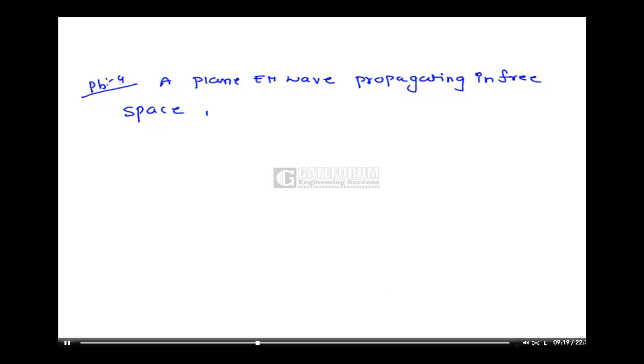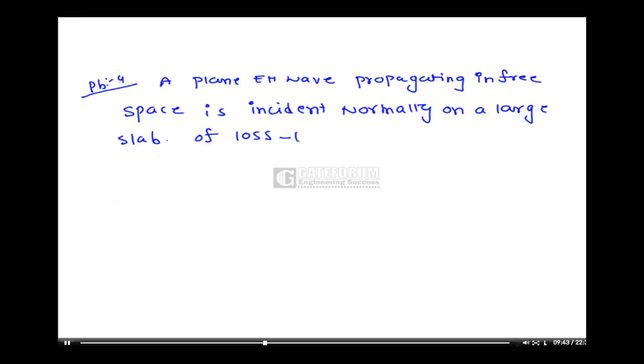Next problem is problem number 4. A plane EM wave propagating in free space is incident normally on a large slab of lossless non-magnetic dielectric material